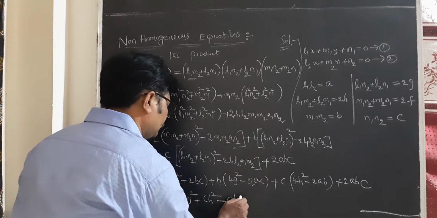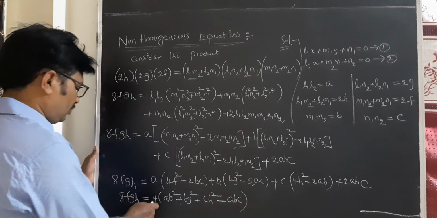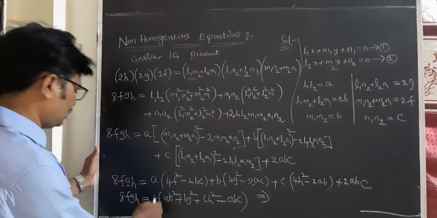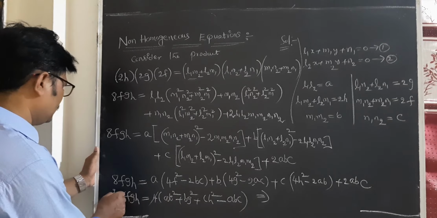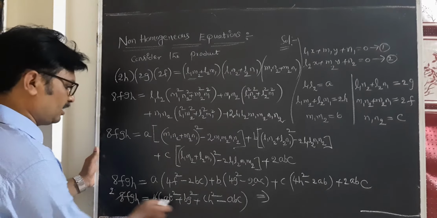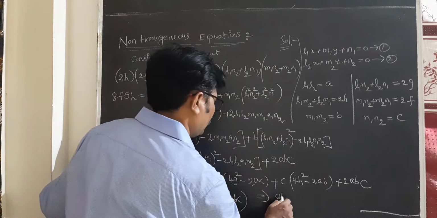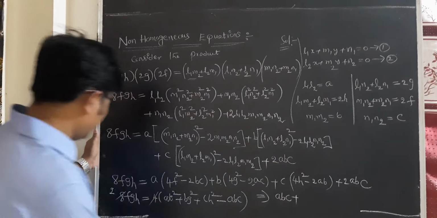We are taking this 4 as the common. Dear students, undoubtedly we got here: this is what 4 ones are, 4 twos are. Now students, we take minus abc to the other side, plus abc. Therefore abc plus here there